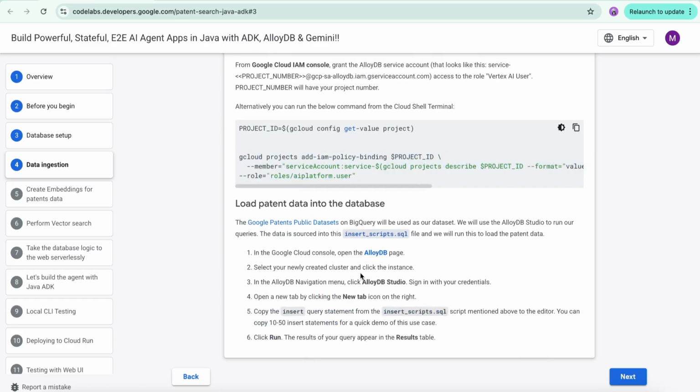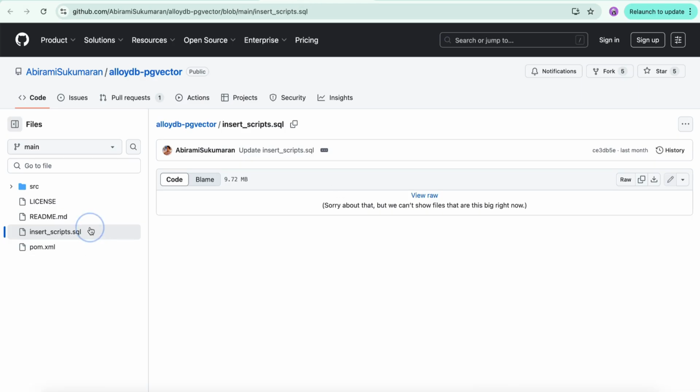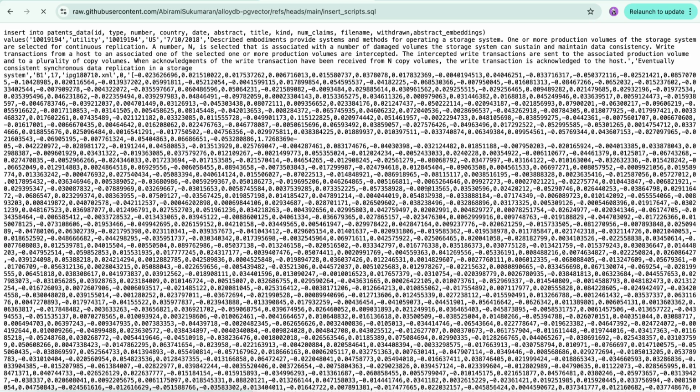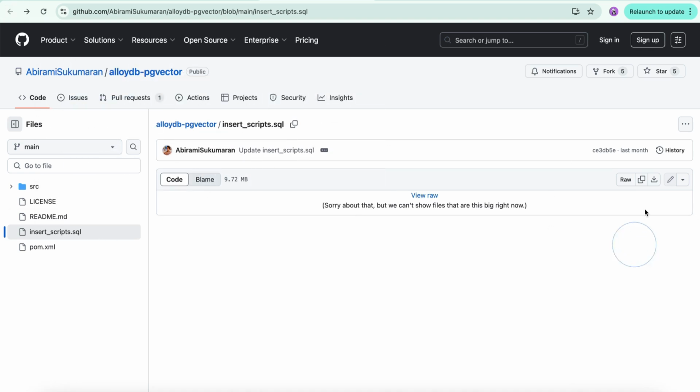The next thing that we need to do is open this file called insert_scripts.sql and load some data. This data has come from the open source Google Patents dataset, so that is what we'll be using right now. If I just open this file, you can see this is a very big file. So what we can do is let's just download it,